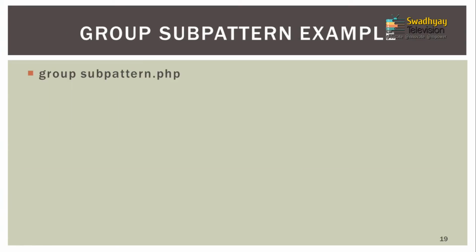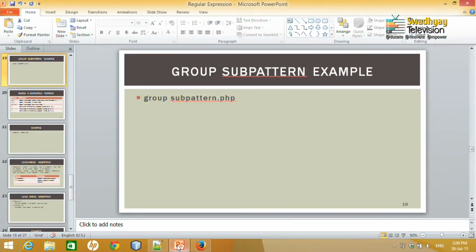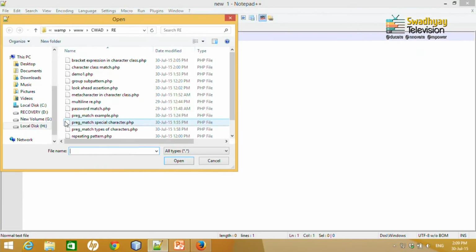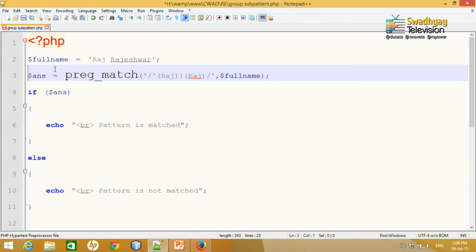So let's take an example of group sub pattern. Let me open my file. The file I have is group sub pattern. So I open group sub pattern.php. So here, just for example, I type full name is this. Now I would like to match that. Caret means first character is either Raj or Kaj.